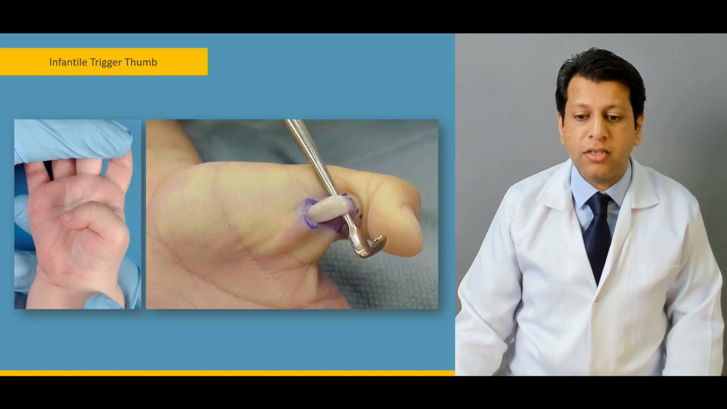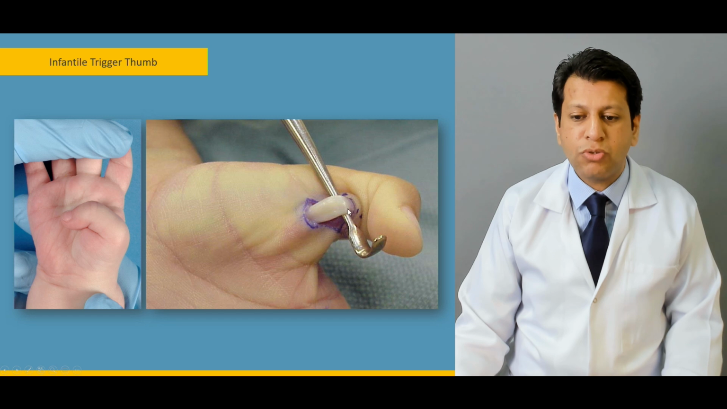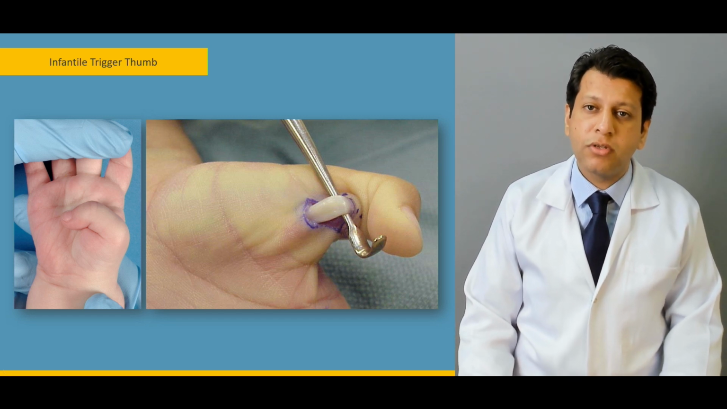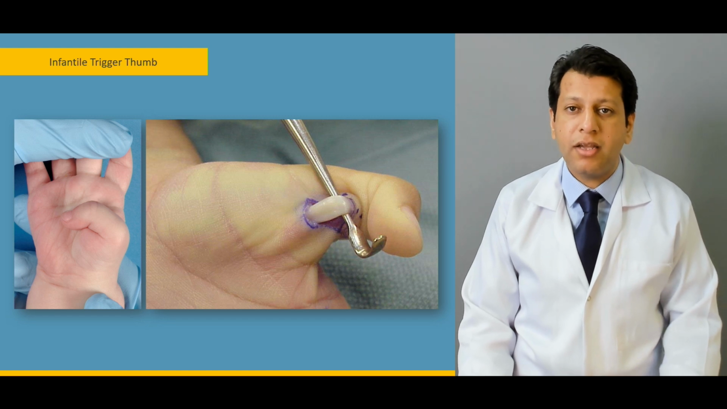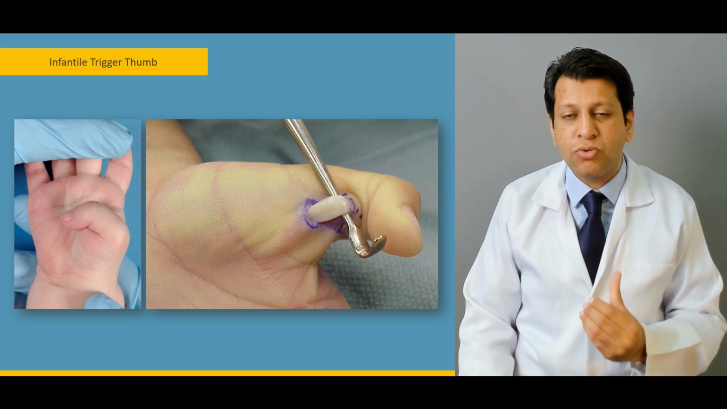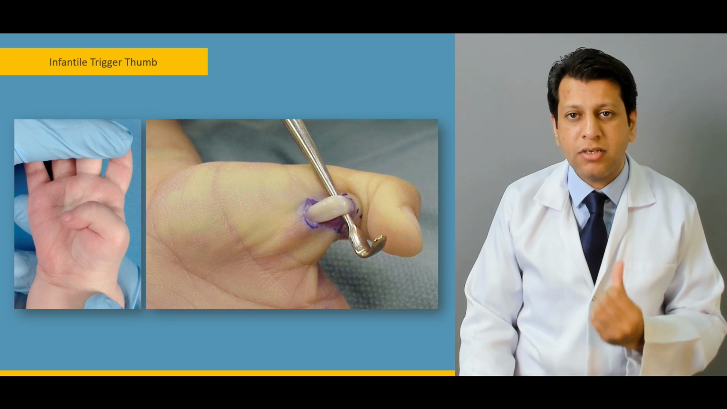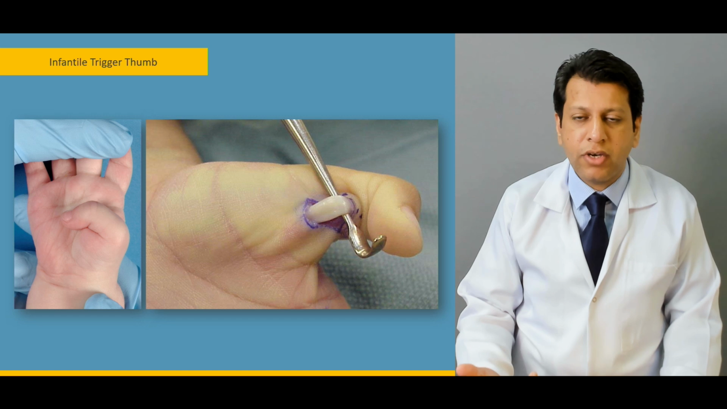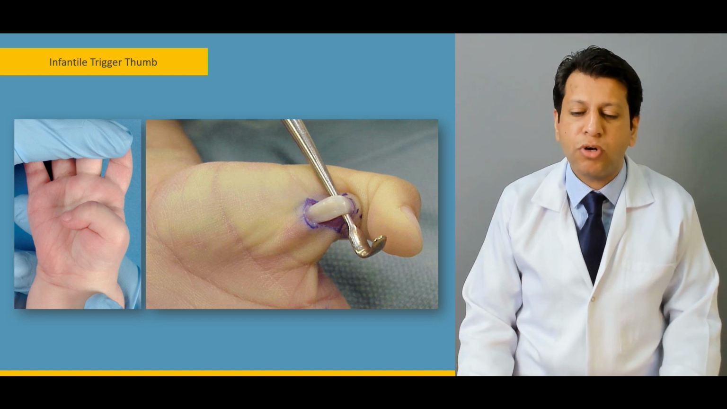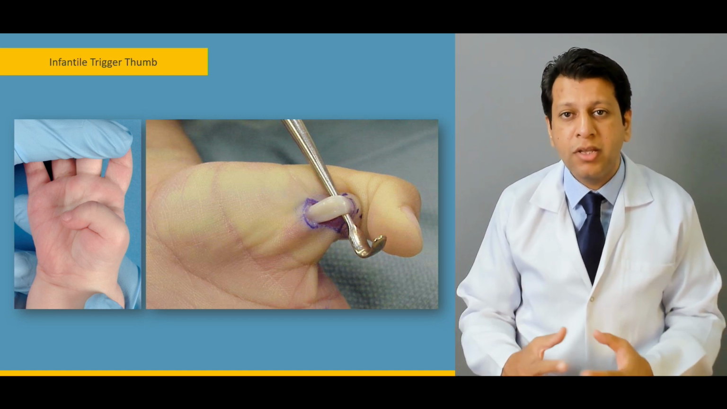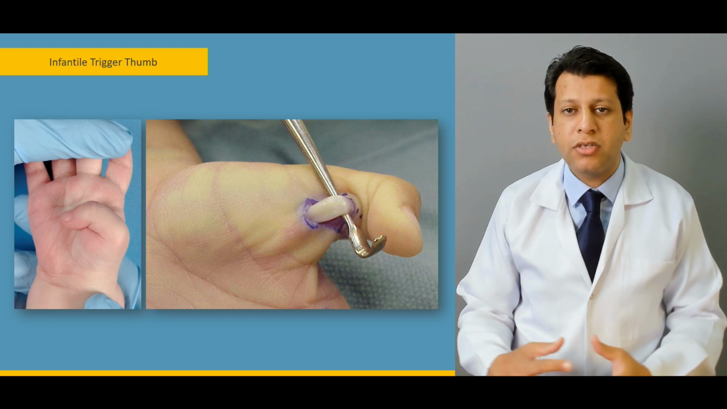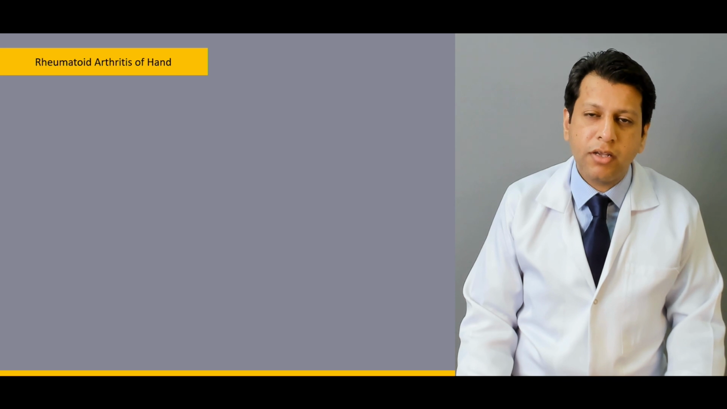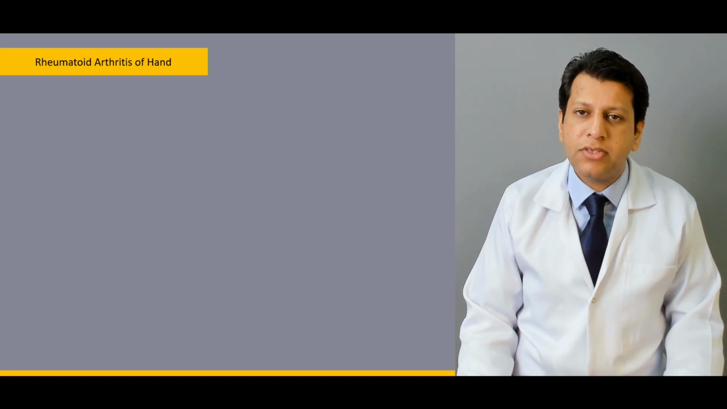As you can see over here, this is usually associated with a thickened FPL. The treatment involves mainly the release of the FPL, so that instead of having this trigger finger problem, the child can have a normal thumb and later on can function like a normal adult. Now, coming to the diseases of the hand,